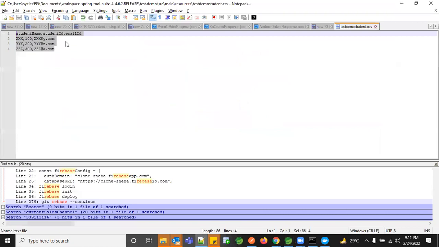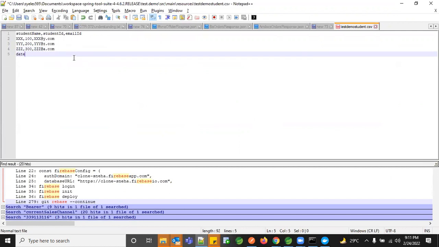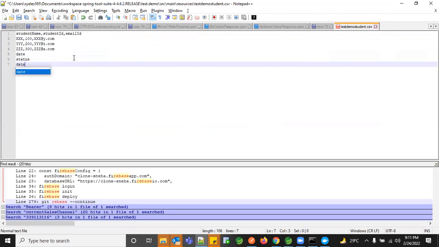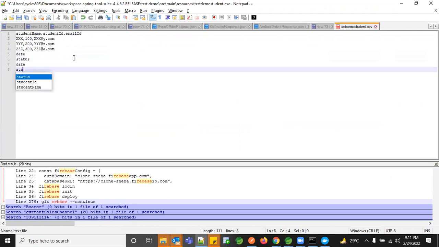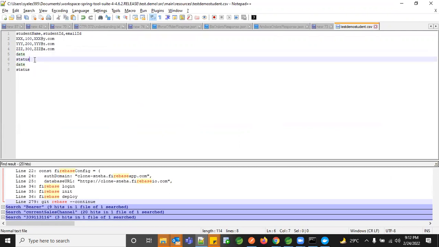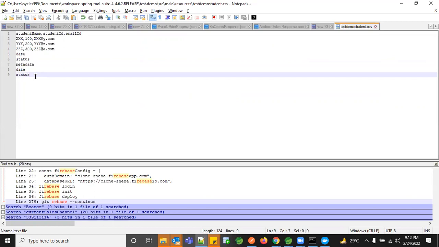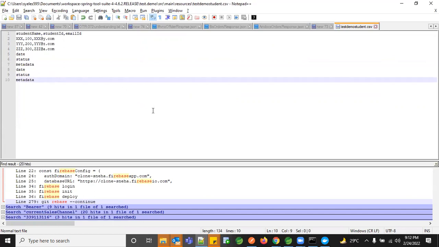So for example, if it's not dynamic data, like everyday entries, and you're getting it from some particular batch job, you have something like a date in the first line, and in the second line, something called status. So there's date and status. Let's say this is a scenario. We want to validate the date and status, and you have some other metadata information, which you don't need to worry about, but this is something the user is giving us every time. So we have this set of information in our CSV file.